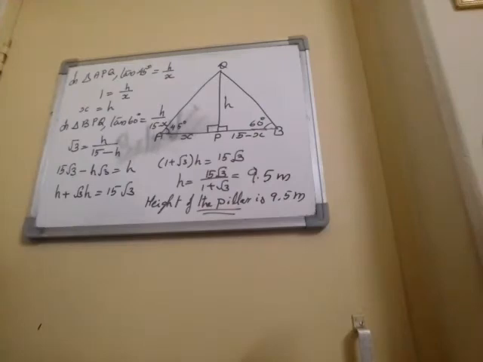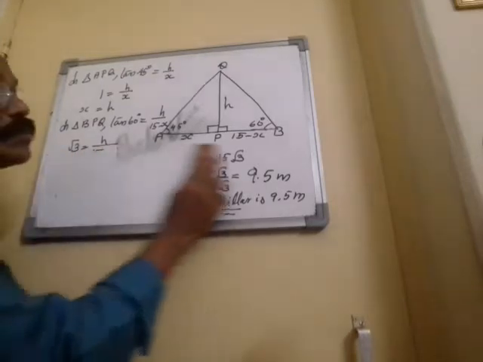So it's clear. Now let us see question number 32. I am just reading the question. The angles of depression of the top and the bottom of a 8 meter tall building from the top of a multi-storied building are 30 degree and 45 degree. Find the height of the multi-storied building and the distance between the two buildings, corrected to 2 decimal places.